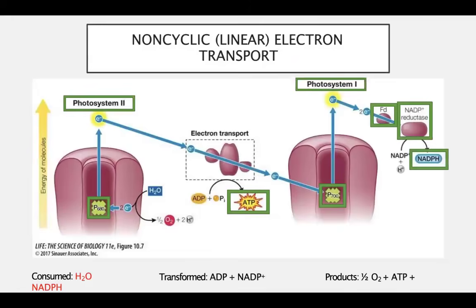So now we're going to talk about the light reactions. One way that the light reactions occur is non-cyclic linear transport. For non-cyclic linear transport, you have photosystem 2 and photosystem 1. I remember a few years ago, there was a question on the exam that confused people because they asked, what is the order of how electrons move through the light dependent reactions? The correct answer would be photosystem 2, electron transport chain, photosystem 1, NADP plus reductase.